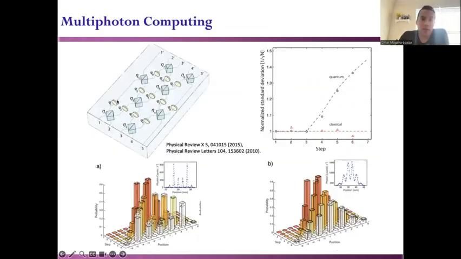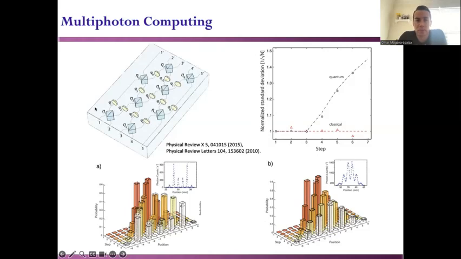Now you can have a more complicated arrangement. For example, you can have multiple interferometers here. You can have multiple phase shifters. And now to describe the evolution of the state along this platform becomes really, really complicated. For example, this circuit has been studied in the context of random walks. And here you can see that the system becomes really complicated. This standard deviation is telling us how complex the system is, or the output. And we can see that when we describe this circuit using classical optics, we get this red line.